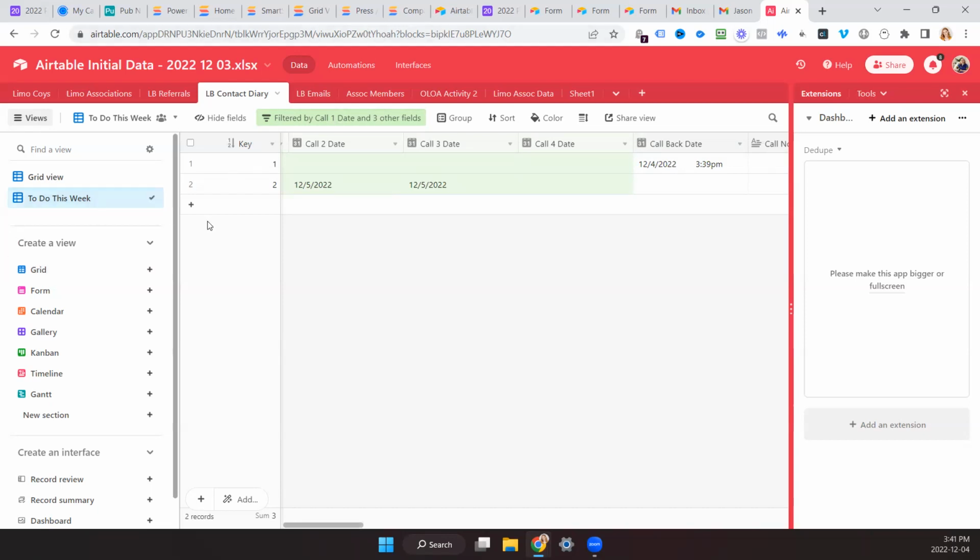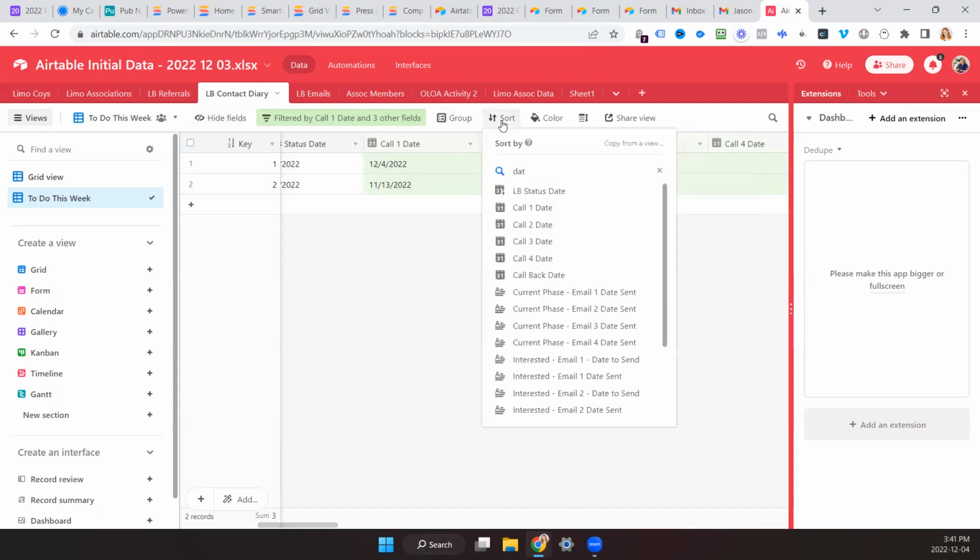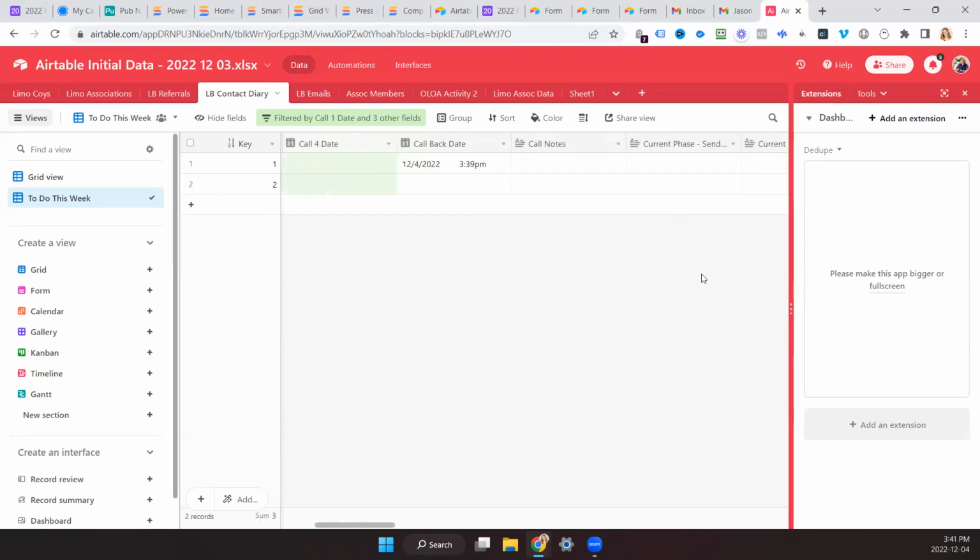We can make sure we've filtered people in who you've made agreements with. But I would love to be able to sort this by dates. And here, I just don't know which date to sort by, you know? So I'm wondering, there's probably a formula we could use to just pull all these dates together.